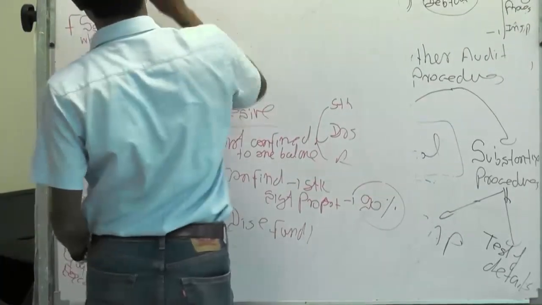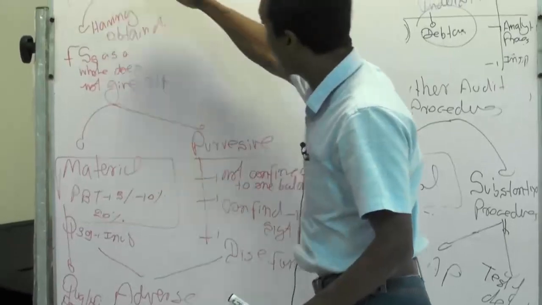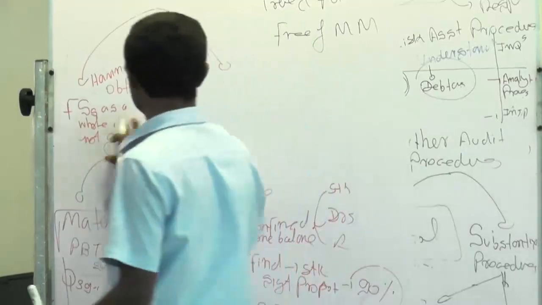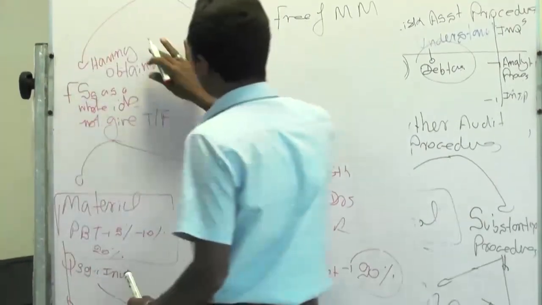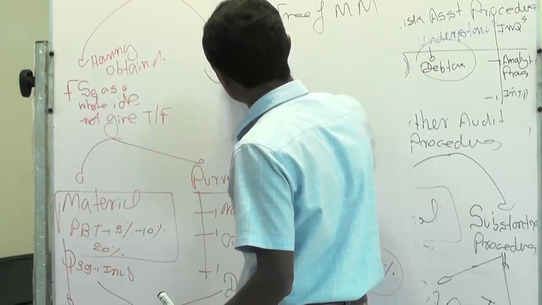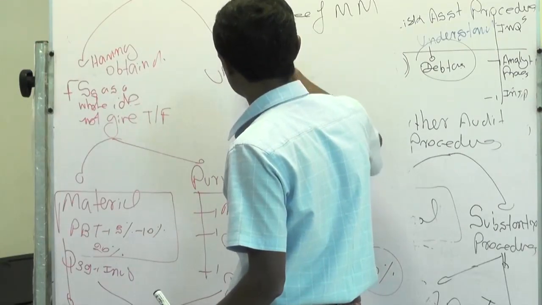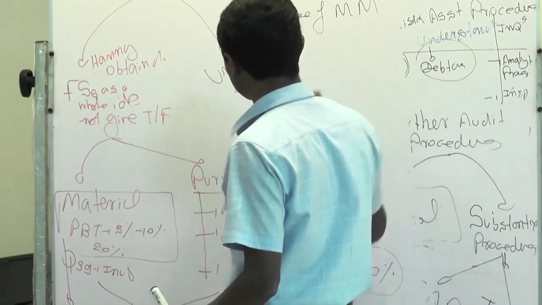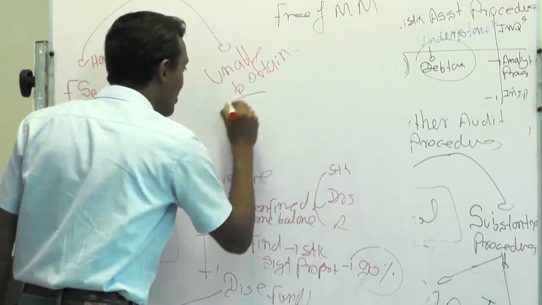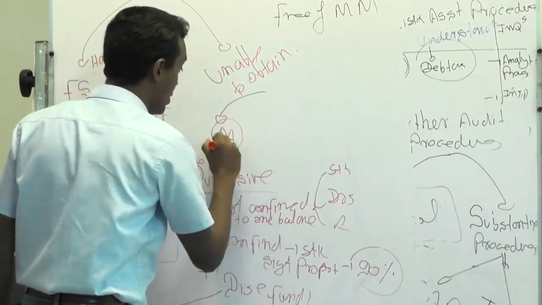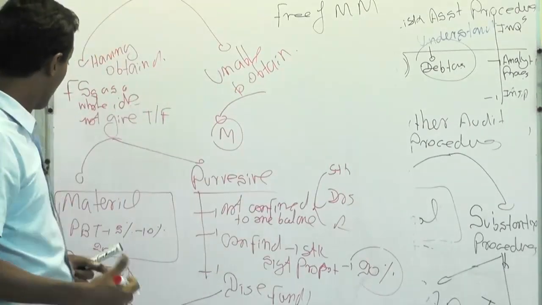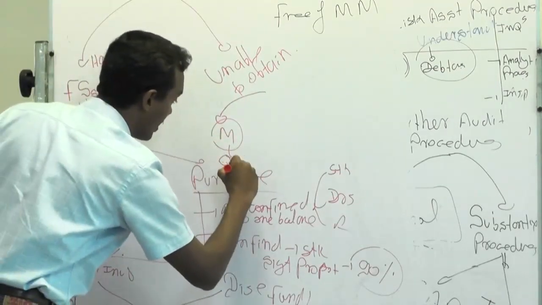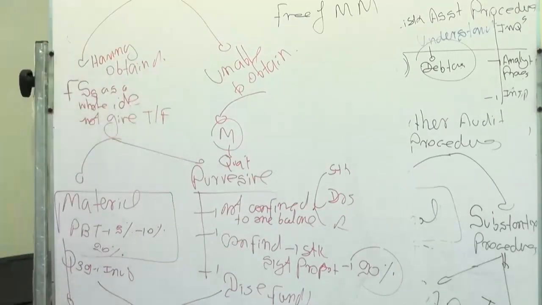Then the second reason. Here I wrote, having obtained, financial statements do not give a true and fair view, right. Then the other one is where the auditor has not been able to get the audit evidence, unable to obtain evidence. If the auditor is unable to obtain evidence, we ask the same two questions: is it material? So, stock we have not been able to audit, same answer: qualified opinion or except opinion, same as this.